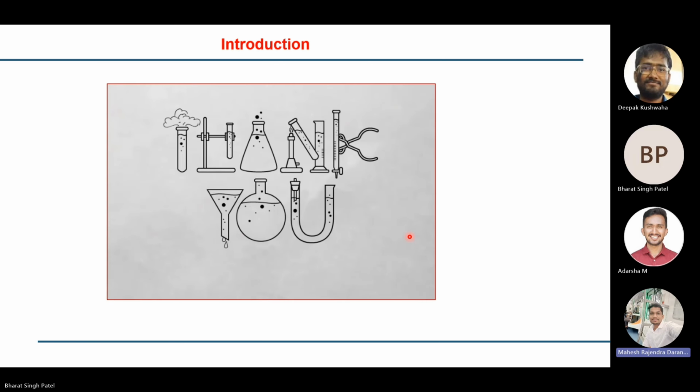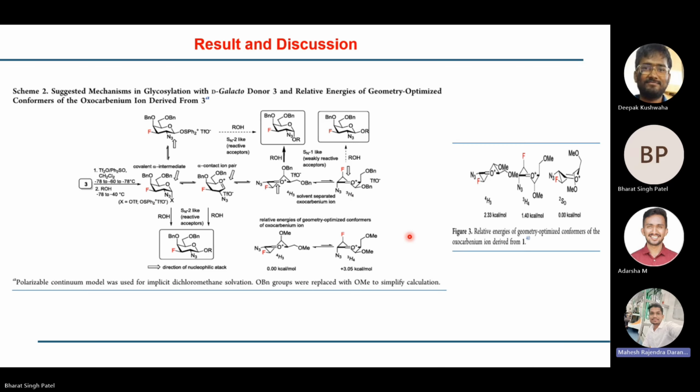Bharat bhai, nice presentation. So basically, if the acceptor is more nucleophilic, then it will give beta. It will undergo the SN2 reaction. Yes, if you are activating through the triplet, any triplet source, in that case, alpha triplet will form. The alpha triplet is the most stable intermediate of the glycosylation. Okay, alpha is forming, but if the acceptor is less nucleophilic, then it can go through the other one, the SN1 mechanism. Exactly. So if it is alpha triplet and the nucleophilicity of the acceptor is more, then only an SN2 reaction will happen, that will give the beta product.